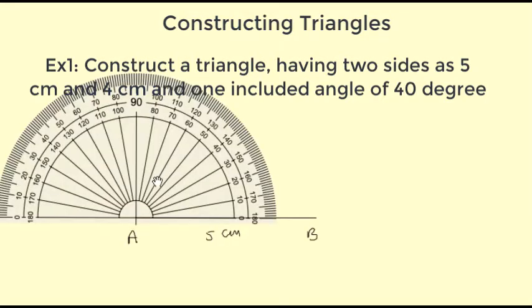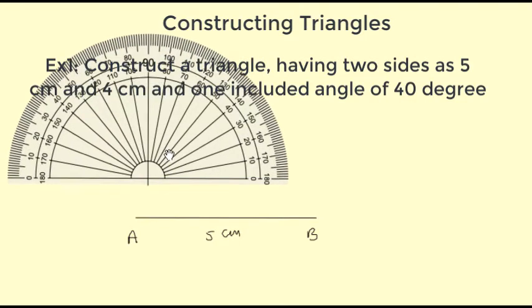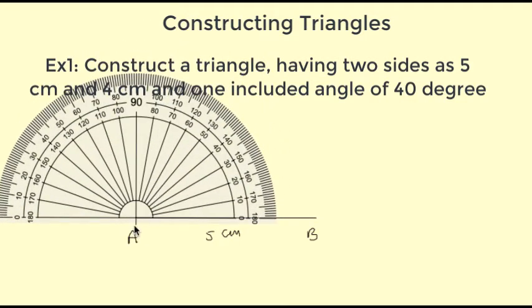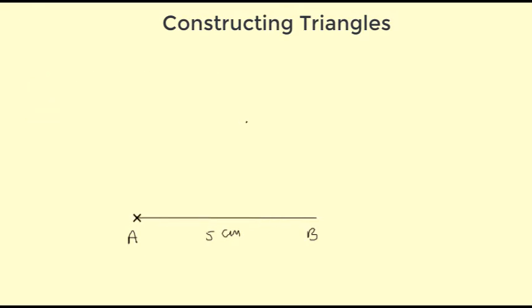So in the second step, what we'll do is, let's bring our protractor tool and make sure that the center of this tool is aligned with the point A and the horizontal line is aligned with the line segment AB. Okay. Now, since we are given that the measure of our angle is 40 degree, that is the included angle between two sides, so I will simply mark a location of my angle, right? So this is the location of the 40 degree angle. And now let us connect the point A with this point that we have obtained, which is at 40 degree angle with respect to the line segment AB. Okay. So you obtain this ray. Let's say this ray is AZ, and this is at 40 degree angle with respect to the line segment AB,